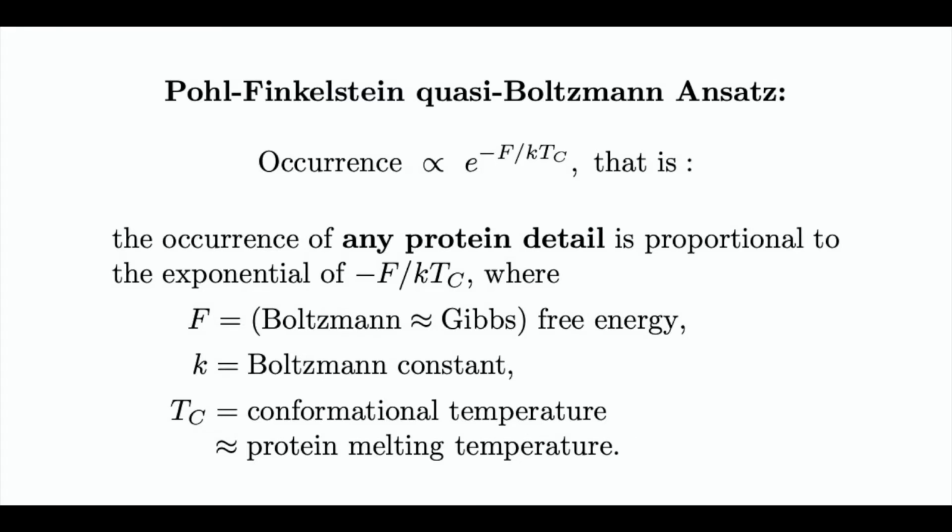The occurrence of any protein detail is proportional to the exponential of the negative free energy F divided by k T_c, where k is the usual Boltzmann constant and T_c is the so-called conformational temperature, essentially the protein melting temperature. This was first observed by Ptitsyn in the 1970s and finally proved by Finkelstein and collaborators in the 1990s. The upshot for us is that we can use the distribution of rotations of BHBs from HQ60 to predict free